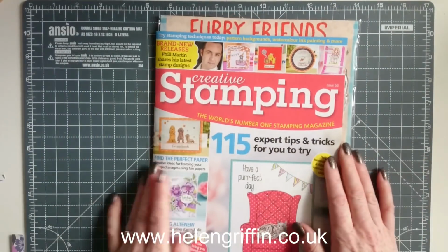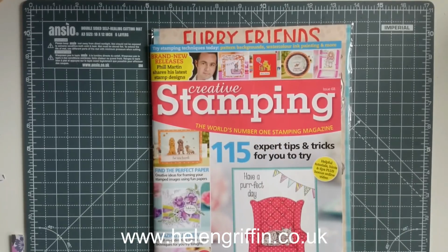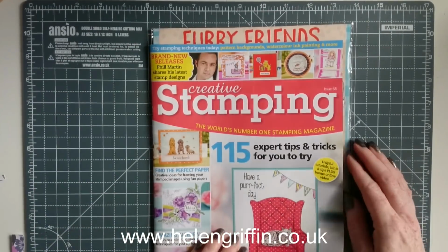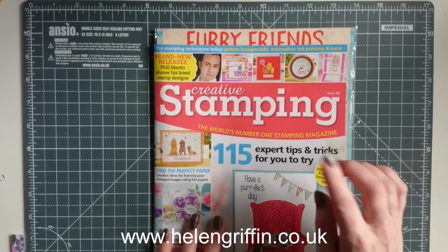Okay, and the last magazine. Oh no, I think I do have one more. This is not the last magazine. Oh, I have one here. This one came in the post the other day, so sometimes I don't get my copies immediately. I do have to wait for them. But yeah, so this is Creative